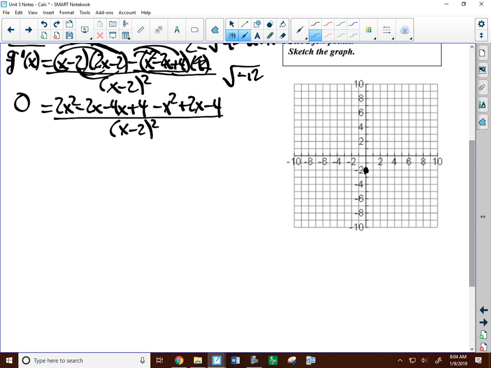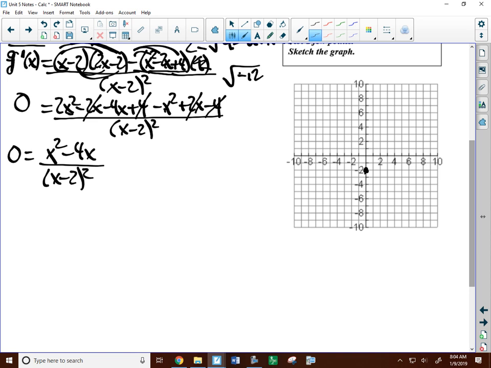Okay, actually, some things cancel out. The 4's cancel, and the 2x's cancel. And then 2x squared minus x squared is 1x squared and minus 4x. Okay, now what I'm really going for to start is critical points. And then that will give me increasing, decreasing, and all the